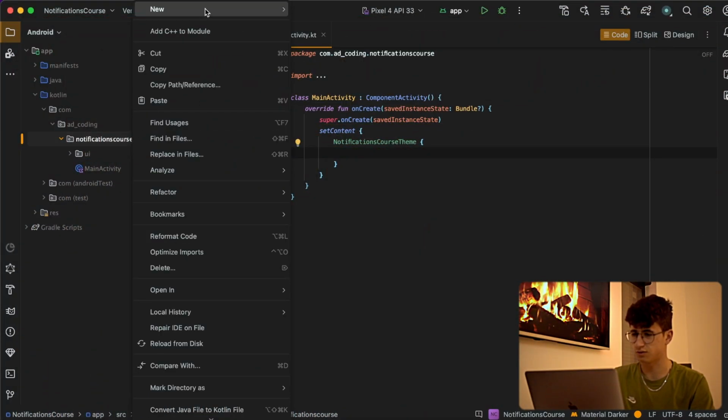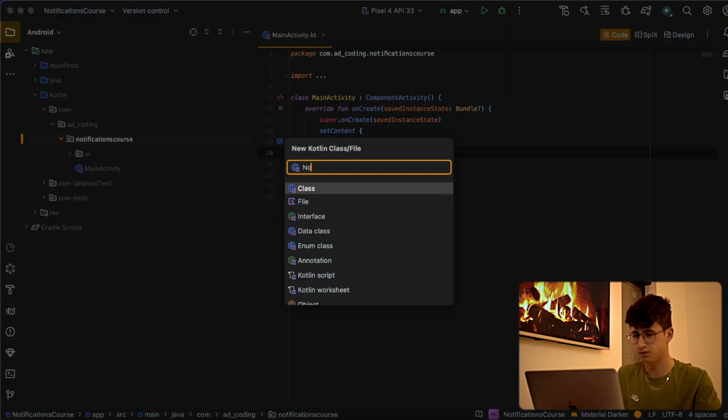Hello everyone, today we will implement notifications in our Android app, and these are useful because they inform the user about the application updates and the promotions of the app. So let's jump into Android Studio and create the notification application class,